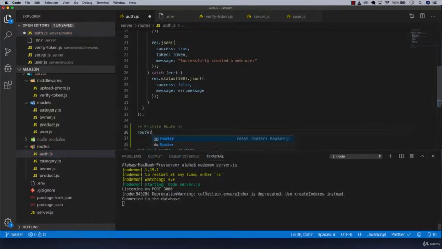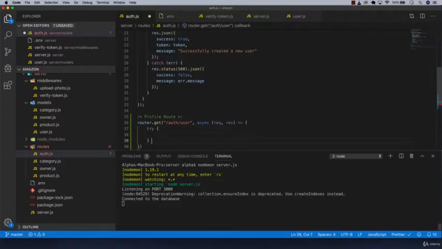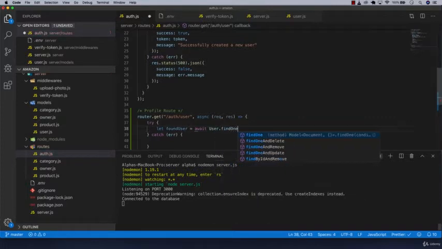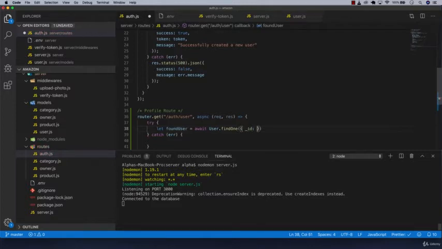And then in here, router.get, which will be /api/user, async, and then it will be request and response, try and catch, and then here will be let foundUser equals await User.findOne, and then we want to pass in the ID. And then in order for us to get the request.decoded, we have to pass in the verified token to the